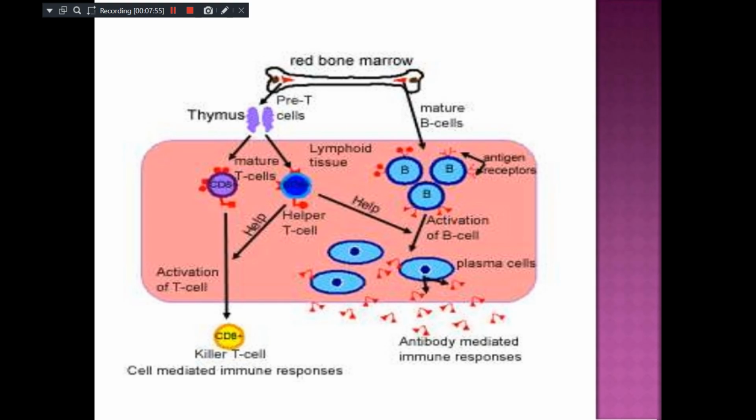These helper T cells also help the activation of B lymphocytes to change themselves into plasma cells. Otherwise, these helper T cells also help in the activation of the T cells, and they develop into CD8 cells, the killer T cells, which are responsible for cell mediated immune